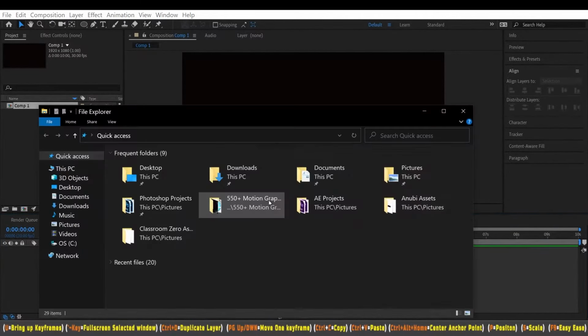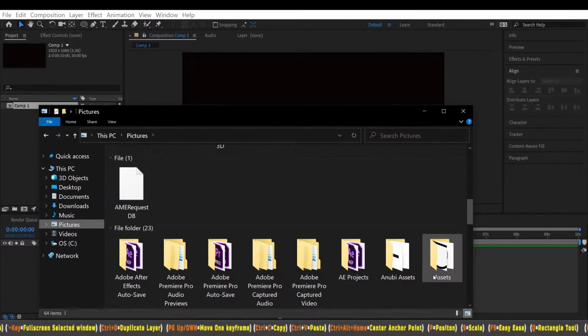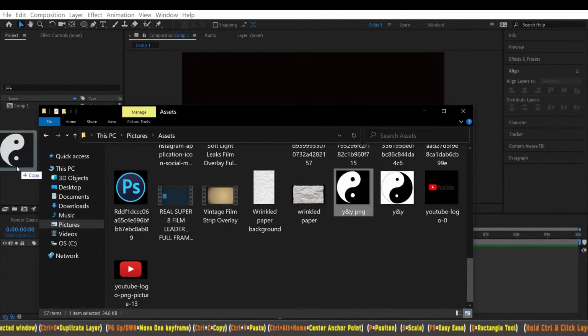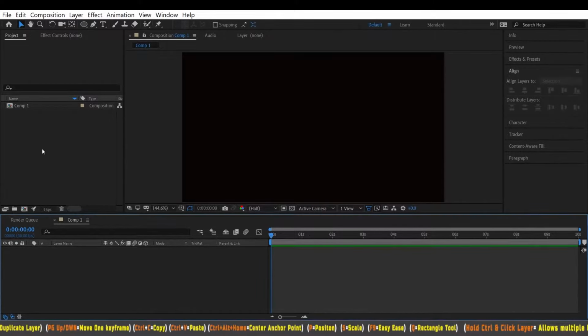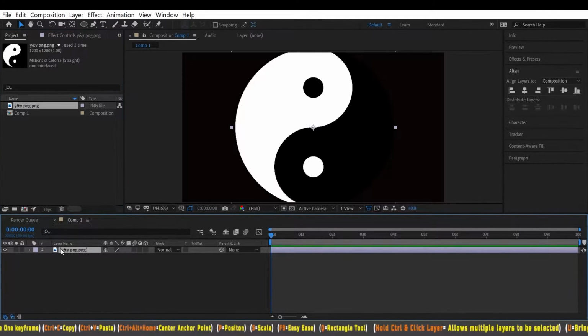And we're going to import our PNG photo that we would like to have as the logo. Let's drag that in, and we'll pull it into our composition.